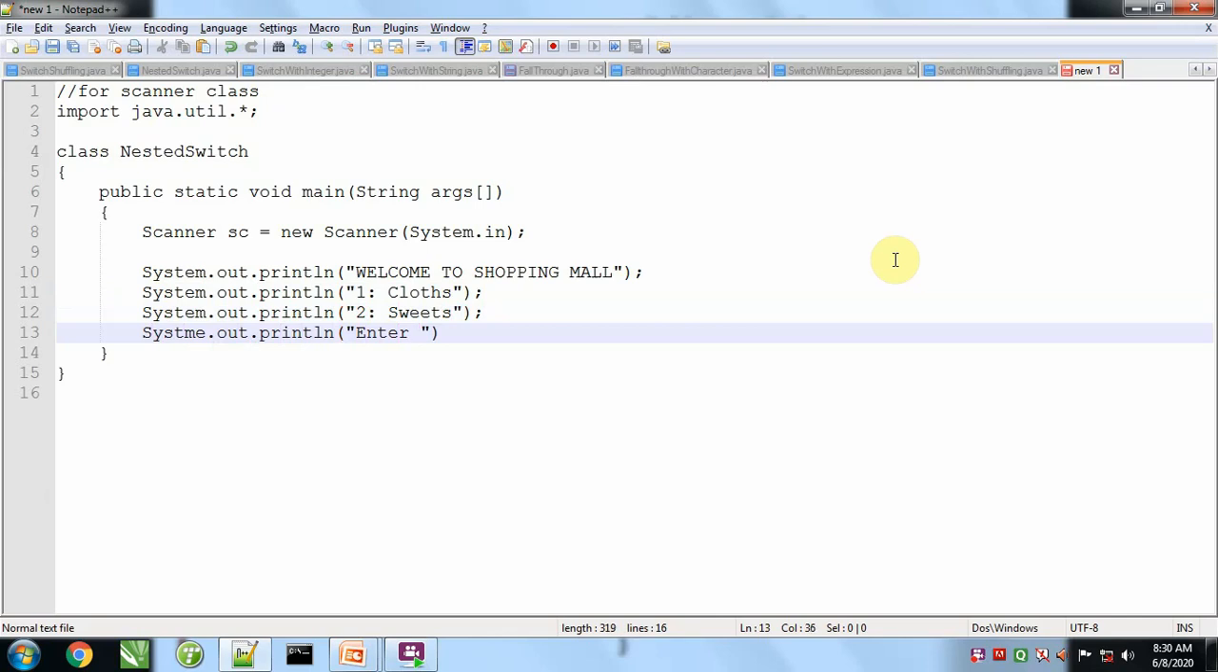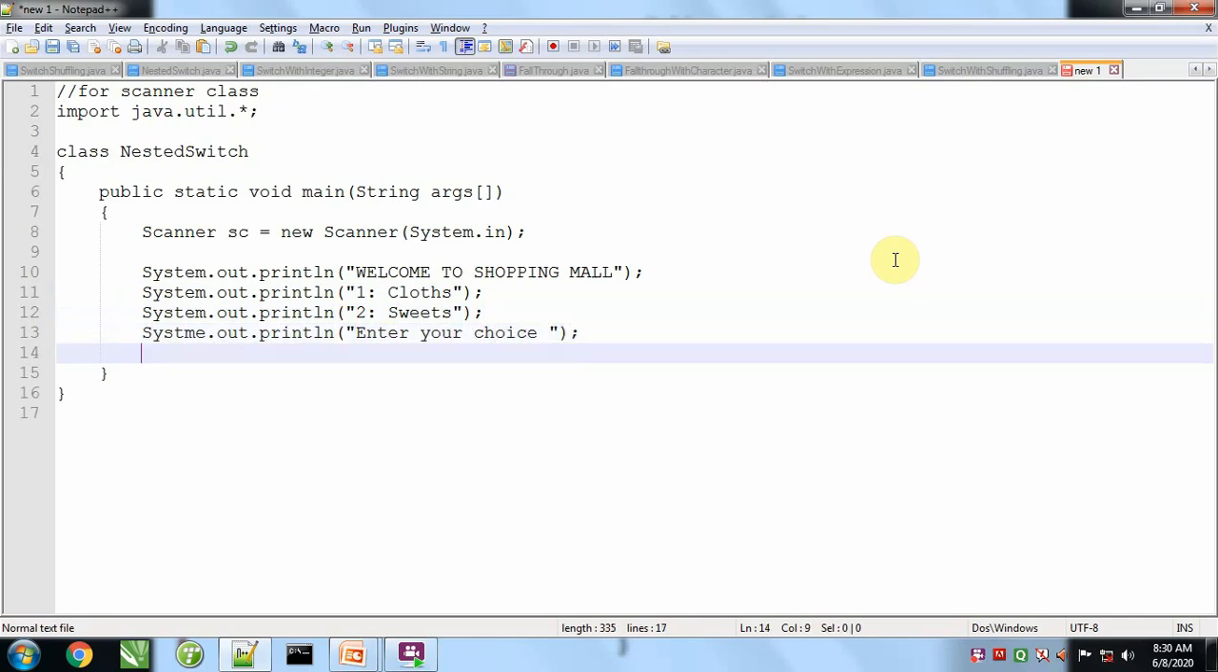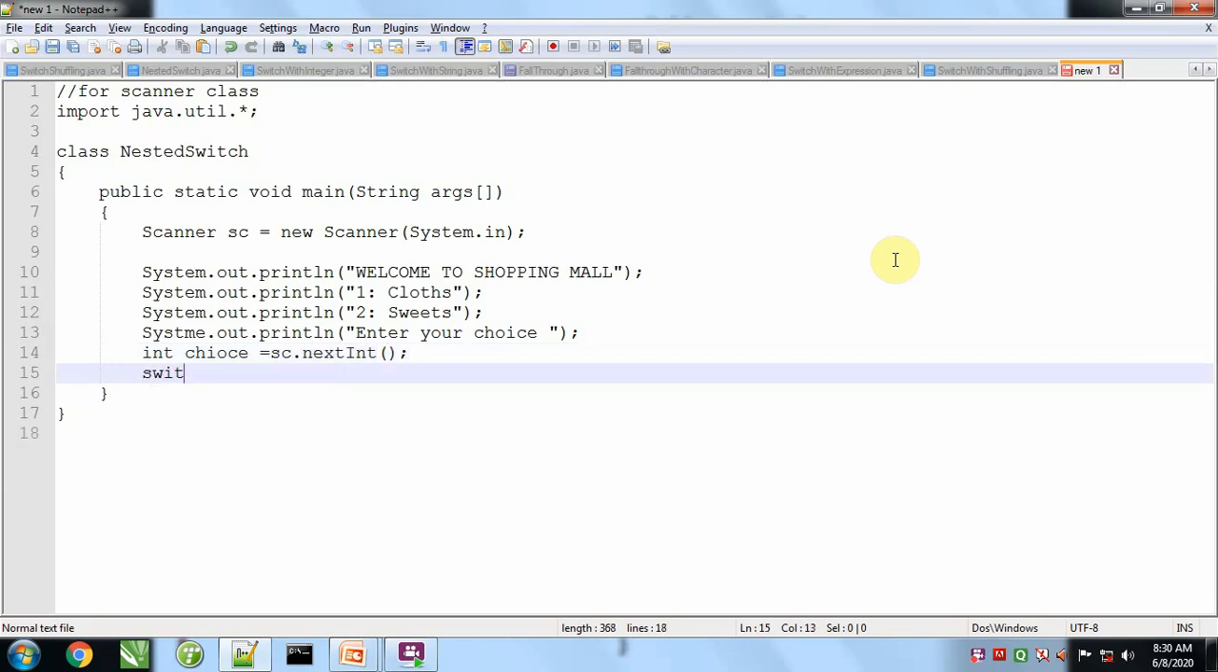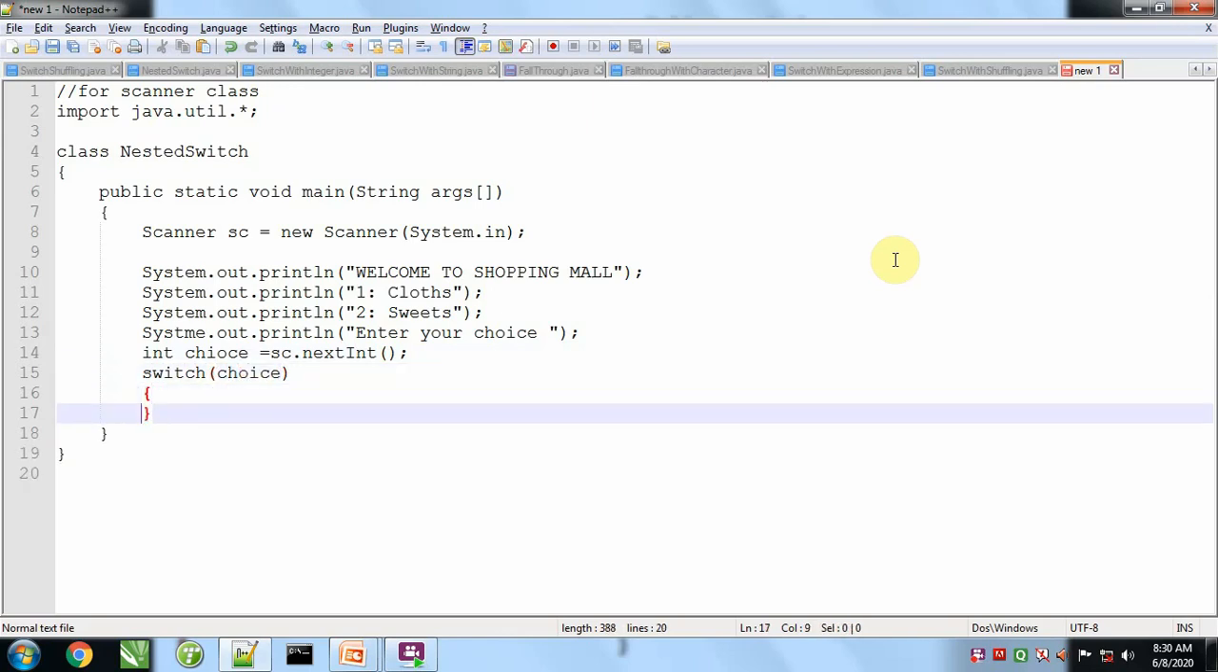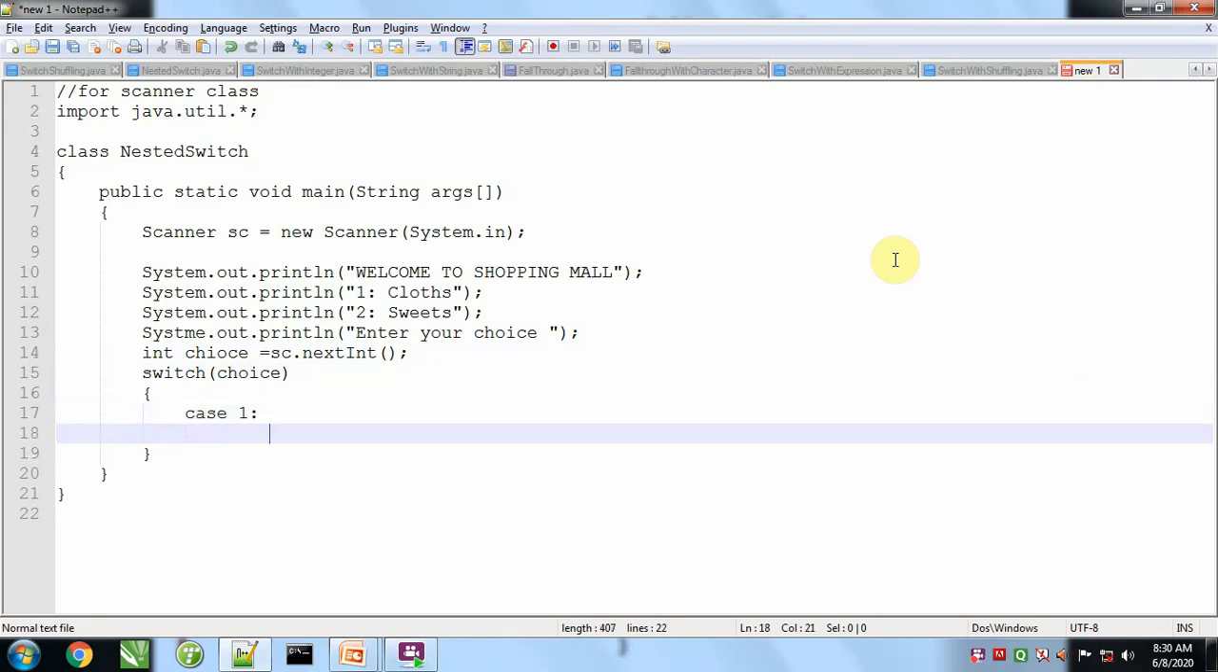Here we will ask the user to enter your choice, and will read the user choice like this, and on this user choice we will apply switch. In case 1 we will again make a menu. Here we will say welcome to garments store,